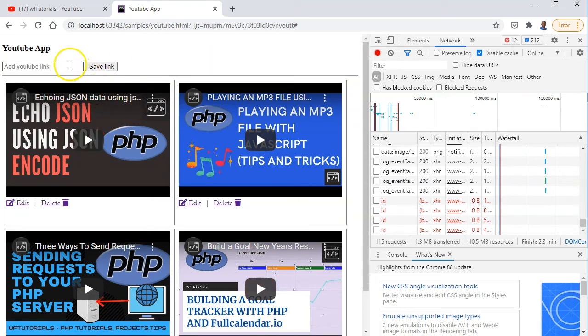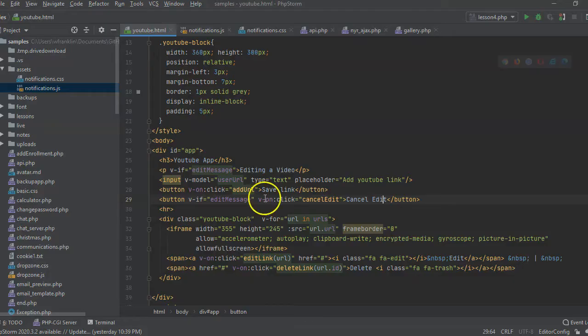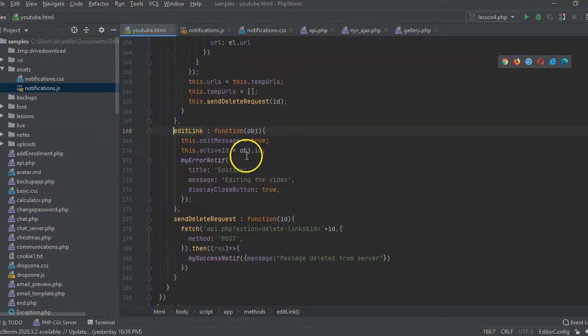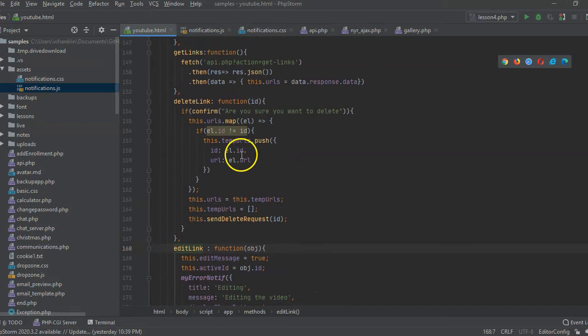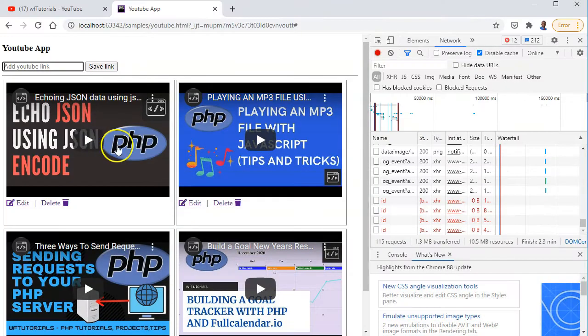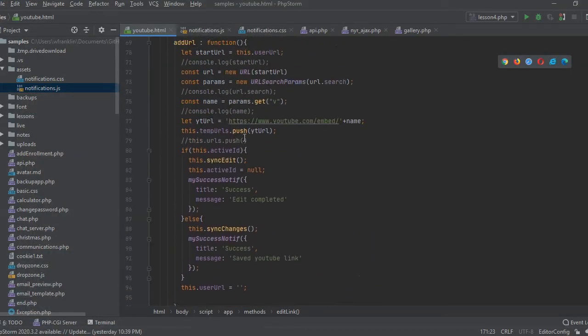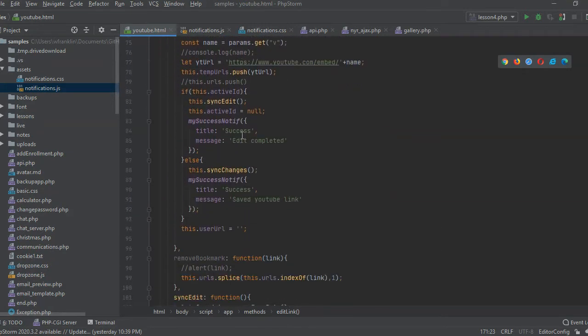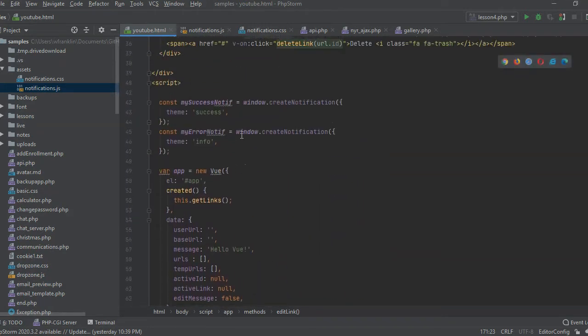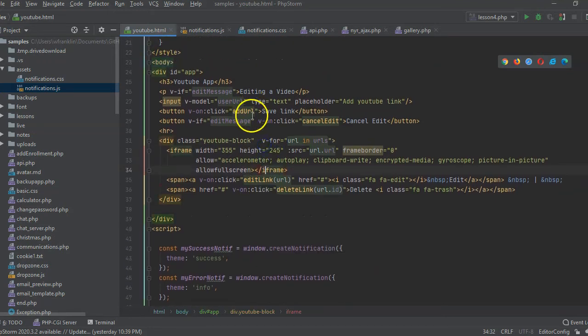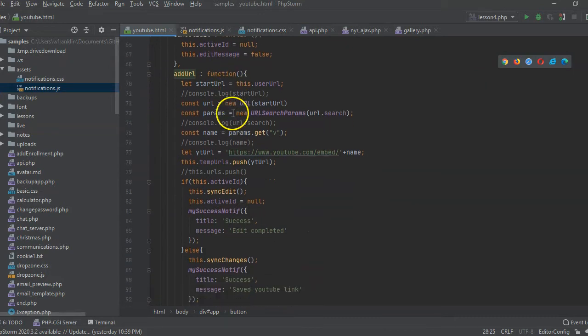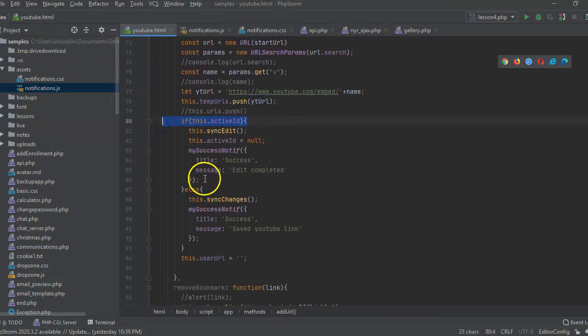So to edit a video, we just have to put in a new URL here, and then if we were to go to the edit URL function, well, that's all it does. And then we have to press save link, and save link does two things, right? So going back to save link, it calls the add URL function, right? So in the add URL function, we have this active ID. So if active ID has a value, that means we're in edit mode,